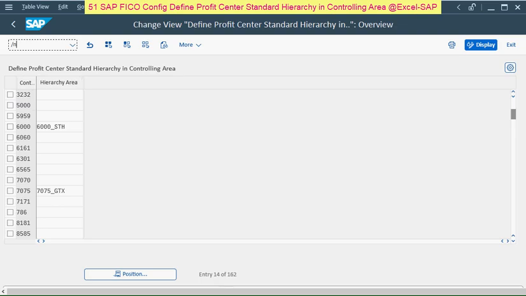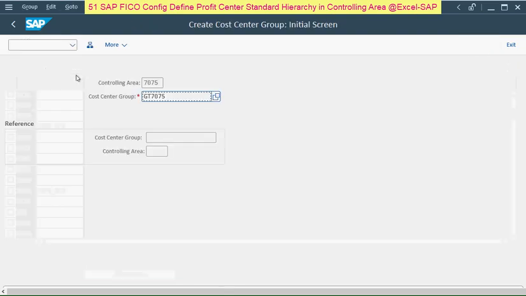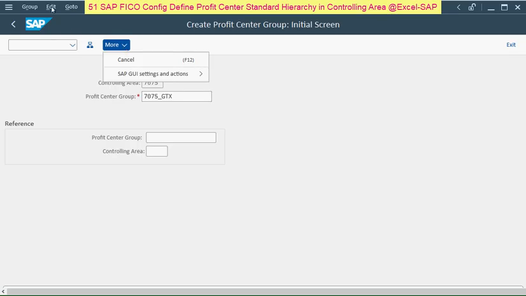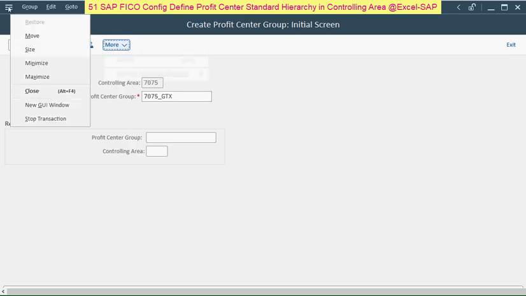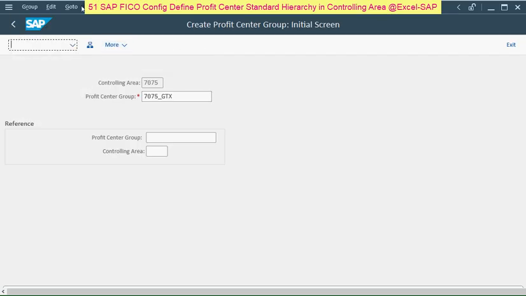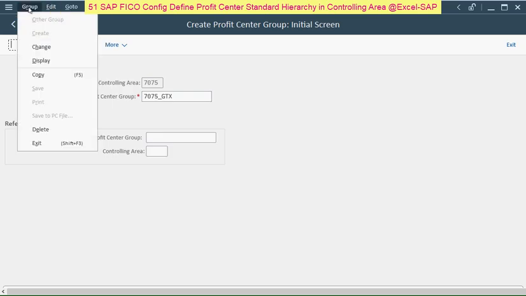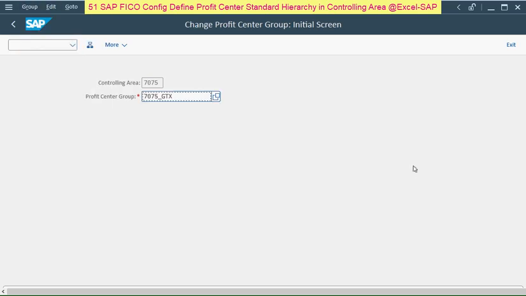then go to transaction code KSH1, it's a KCH1, click on more here, or else go to edit, no, go to group here, then click on change here, press enter,